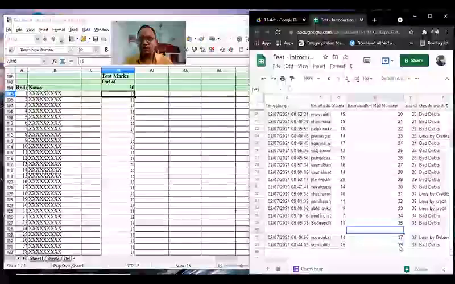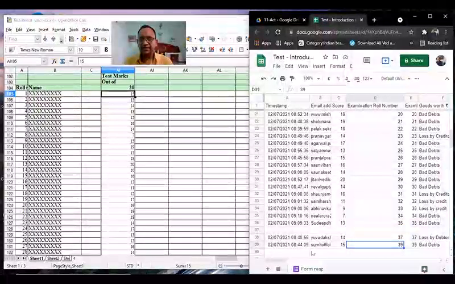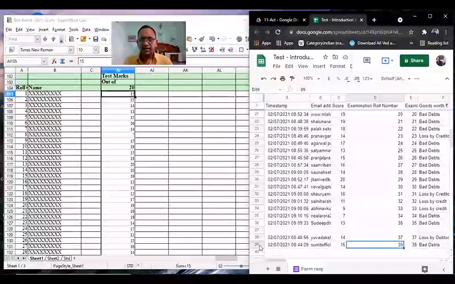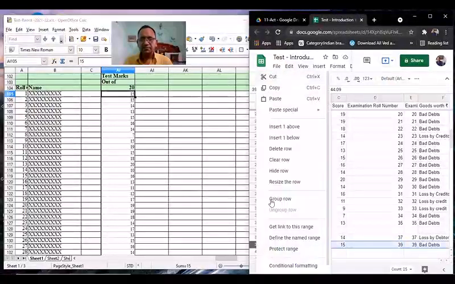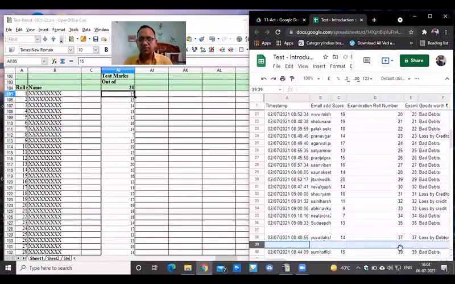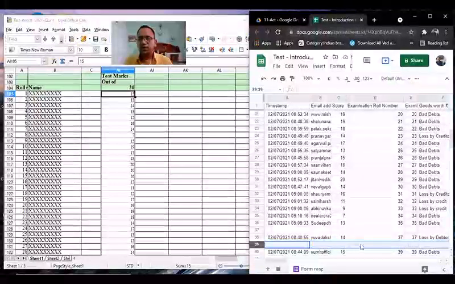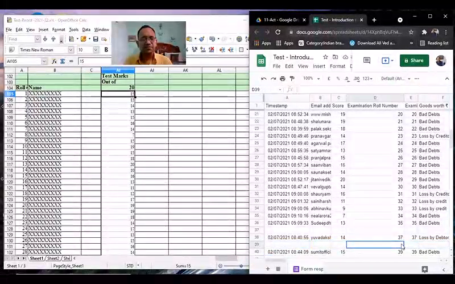Similarly, I'll go to the record of roll number 39. I click on the row number in the leftmost column before A. In this row, I right click. Again, I choose insert one above. So another blank row has been added for roll number 38.